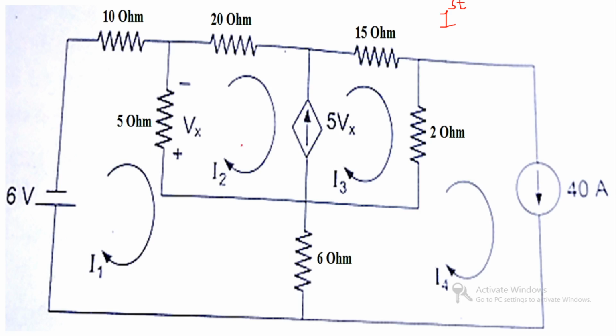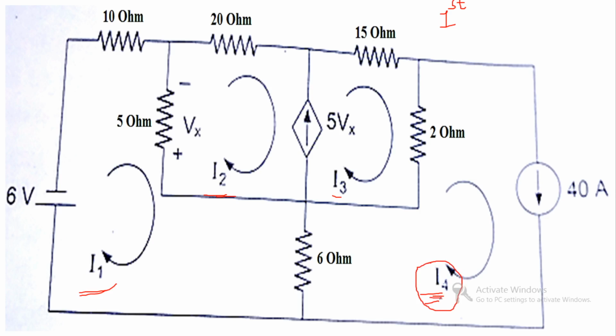That means, can we find the value of I1, I2, I3 and I4 without any calculation? Clear? So here we can say that I4 can be found without any calculation, because I4 is